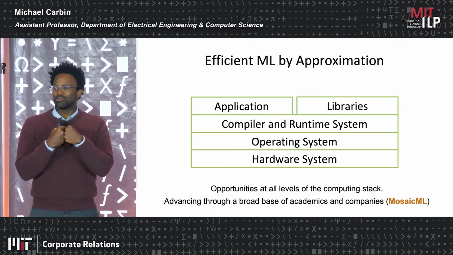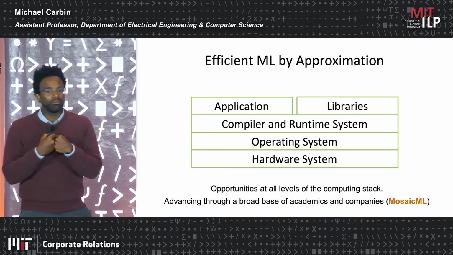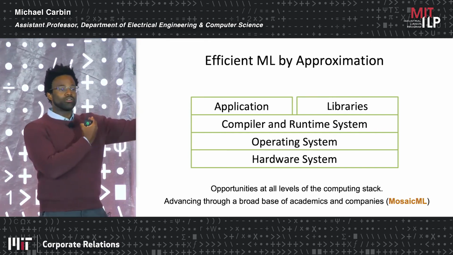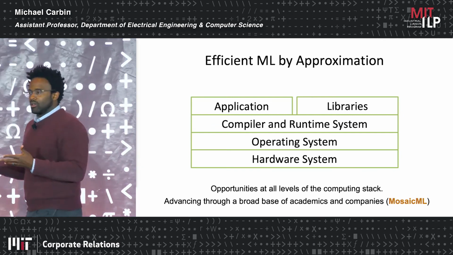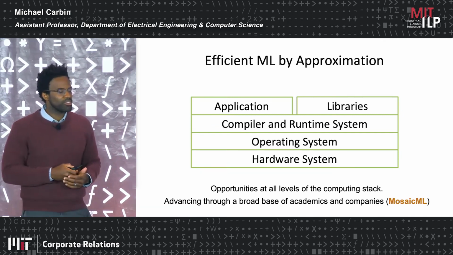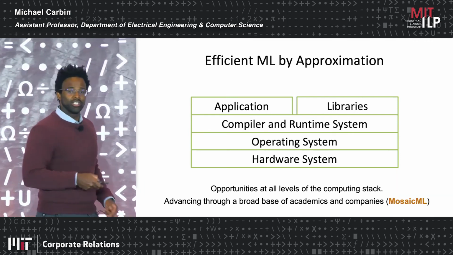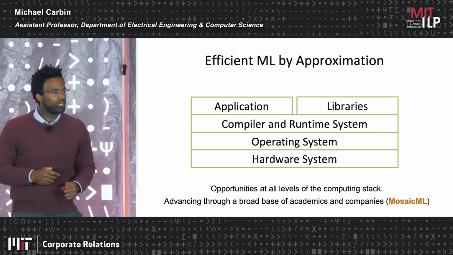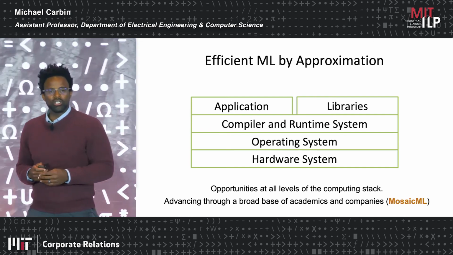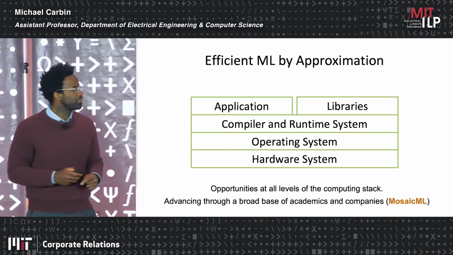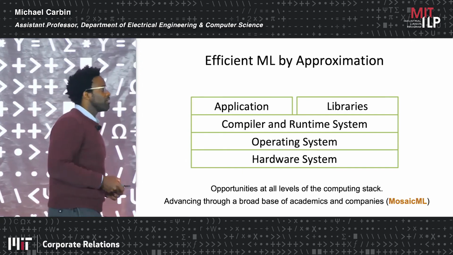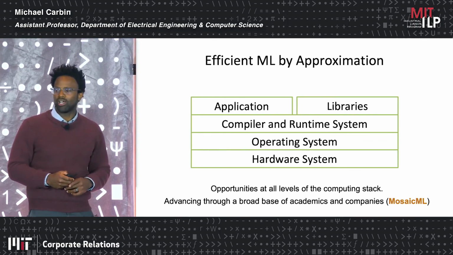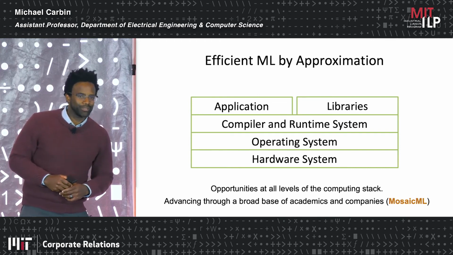But the real world has been coming for computer science, right? That's what we're seeing in the modern integration of machine learning methods, where these applications are now deeply interacting with uncertain environments and uncertain hardware. So this is scary, but it's also an opportunity. This is a massive opportunity to put in place methods for approximation, as I've shown today. There are many people in academia, as well as a few players in industry, such as the company that I've been working at and advising, Mosaic ML, where we're thinking very hard about how we can approximate and essentially change the semantics, change the math behind our systems to get better results. So, thank you.